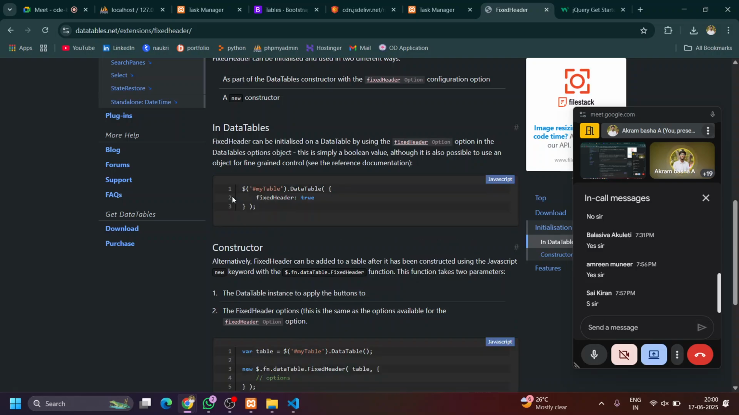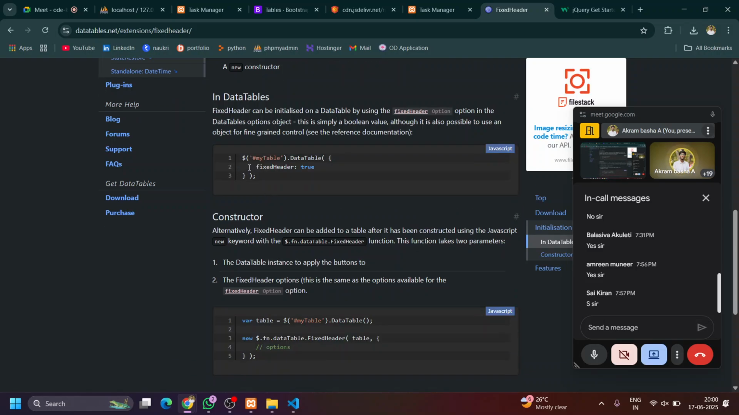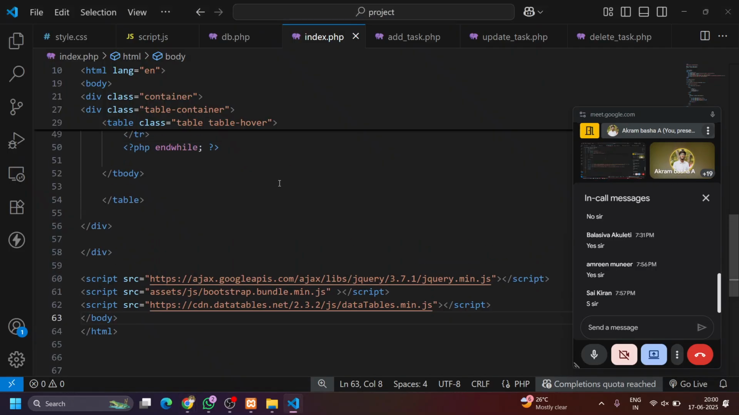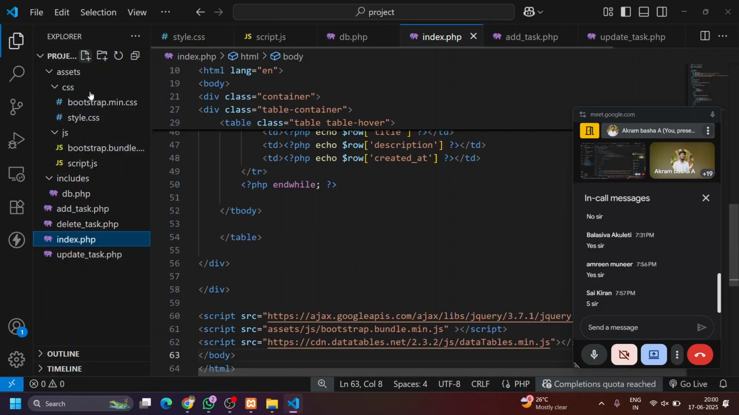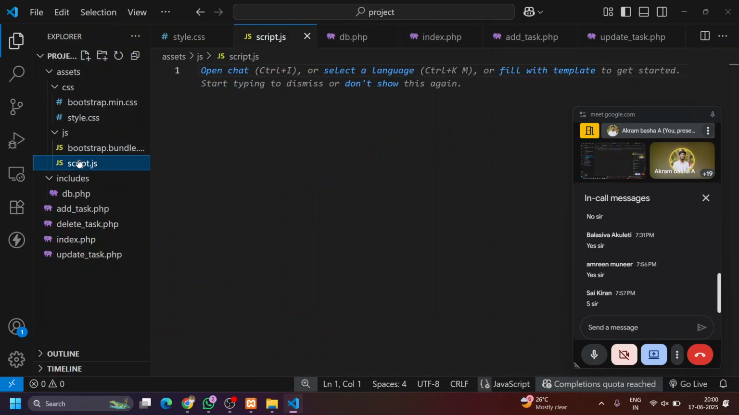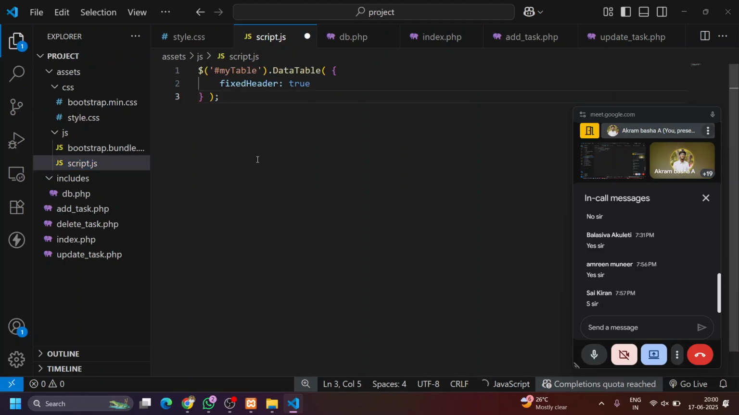You have to write a simple script for defining the table. I will take the particular script. I have created a file named script.js. In the script.js, I will mention some script. Like in the script, I will mention the table ID. Before that, I will initialize